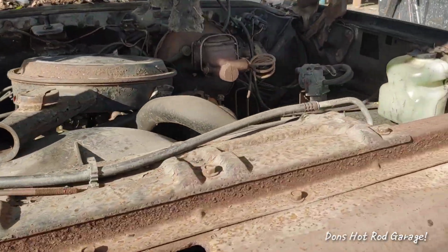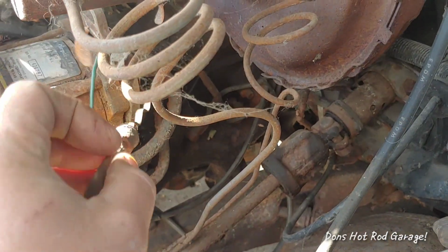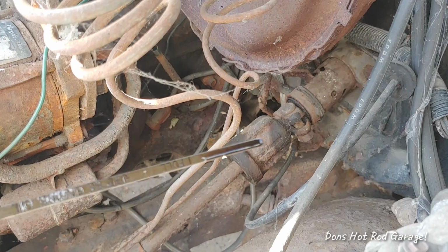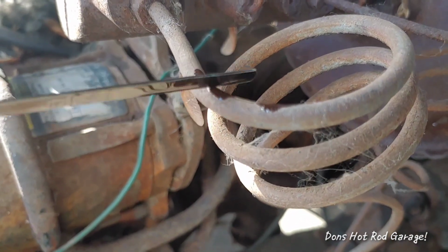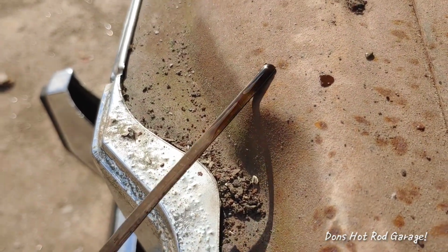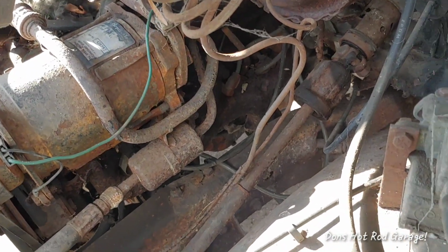And let's see if we can check the oil back here. He said he didn't know nothing about it, but he also said they drove it to where it was sitting. See that? Trying to get you a better picture. That oil looks decent. I mean, it's dirty, but it doesn't look like there's really anything shining in it. If you see stuff shining in it, that's not a good thing. Parts of your motor, but it's full on oil, so